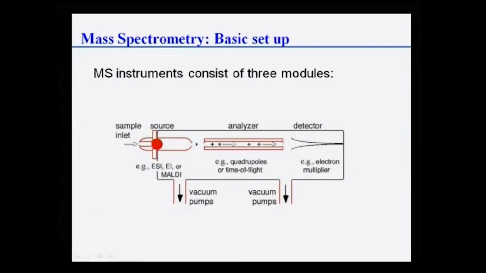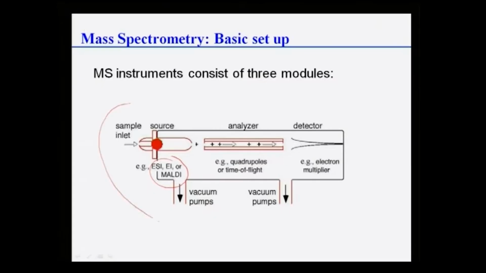This is what is done by the techniques which I am going to discuss. And then these ions are analyzed based on mass to charge ratio by using either quadrupoles or time of flight measurements, and then they are detected by either a photographic plate or electron multiplier or Faraday cup,